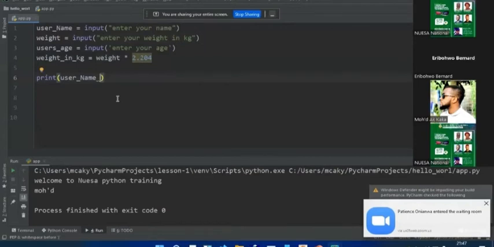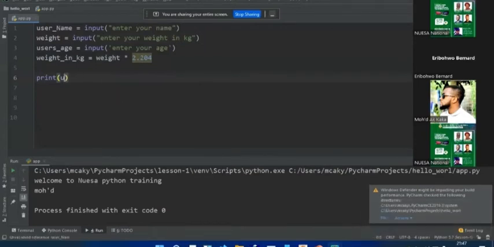So we can type your name is, with a space, and then we use a plus sign to concatenate. Then we display user's name, and then we give a space, then and